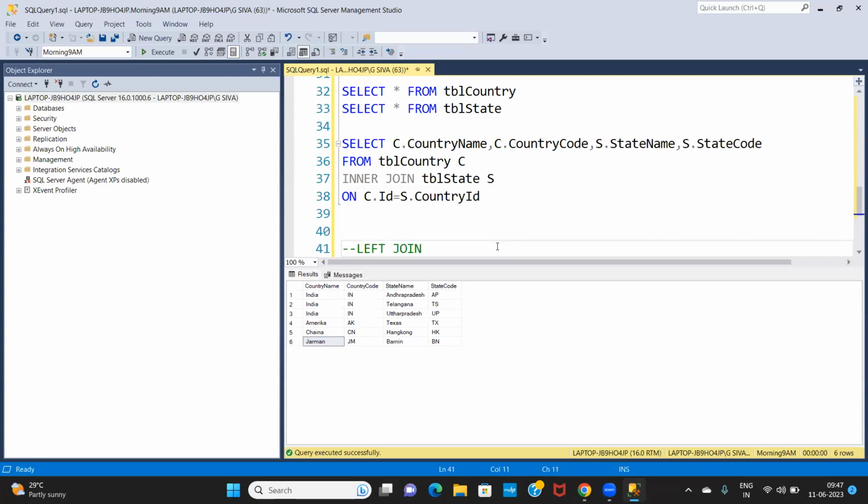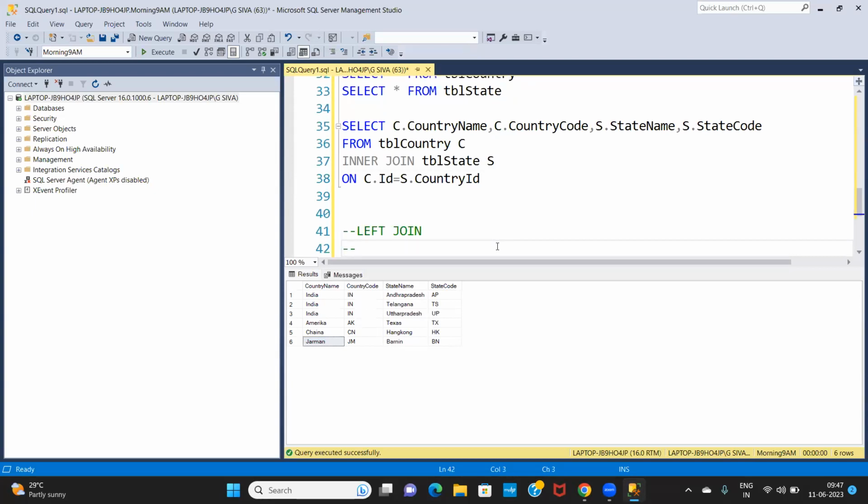Then what is the left join? Left join is used to get the matching plus non-matching records from the left table